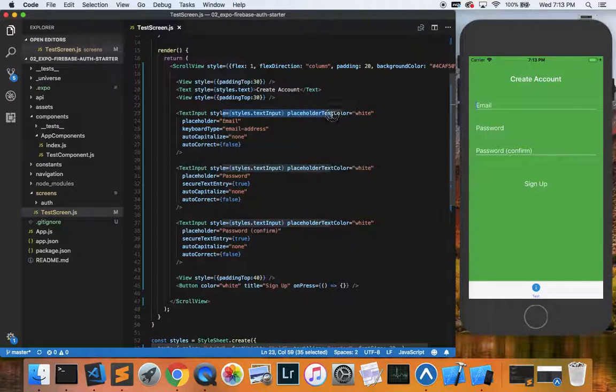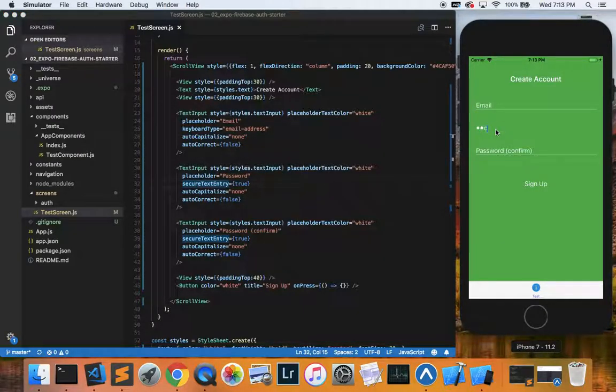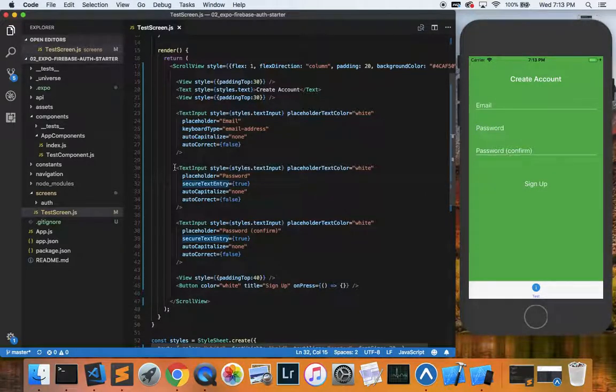I've got some custom styles here, a placeholder. For the email text input, I've got a keyboard type of email address, and I've got capitalization turned off and autocorrect turned off. For the password fields, I've got secure text entry set to true, which blanks out the letters as you type them. Now this isn't too bad, but it's taking up 6 lines of code just for a single text input, and I'd like to pull some of these properties out into a component